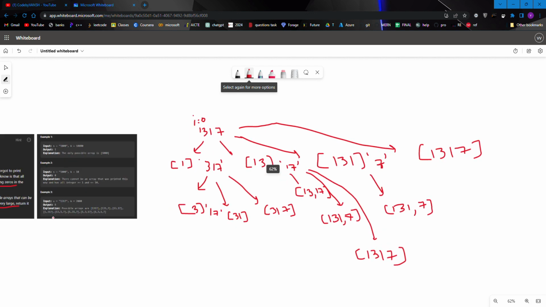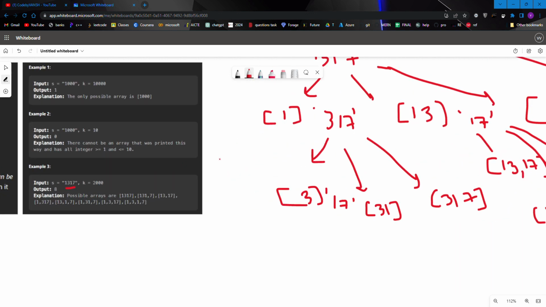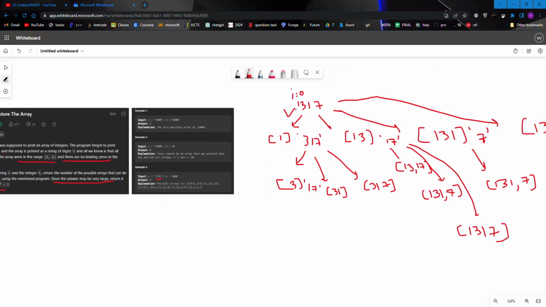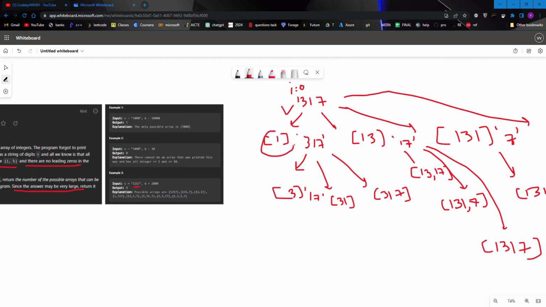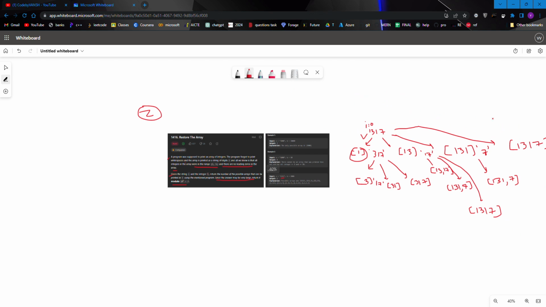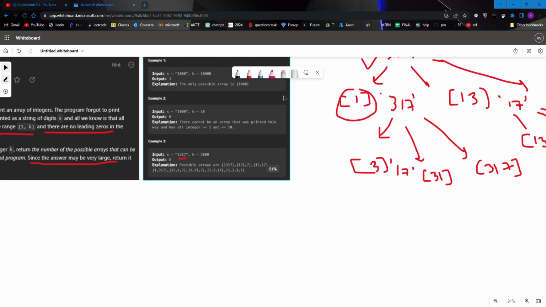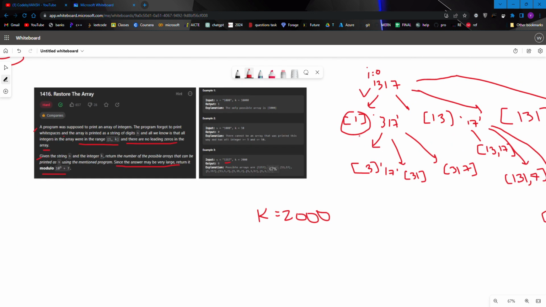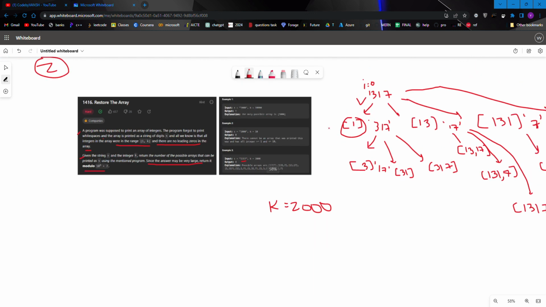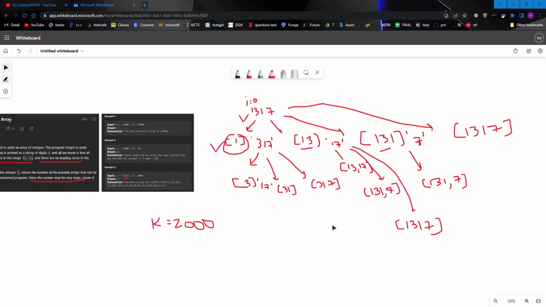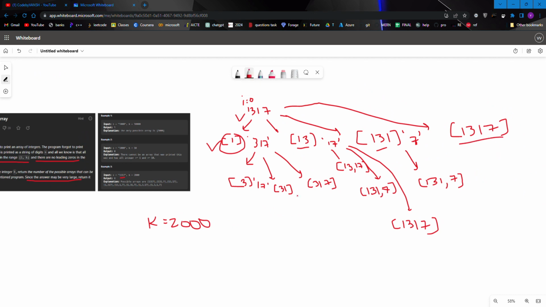If you look at the test case, we are given 1317, so we will break it down in such a way that first we get 1 in our array, then 13, then 131 and 1317. And k is equal to 2000, and all the values in the array should be less than 2000. As you can see, 1 is less than 2000, that's why we are taking it. 13 and 131 are also, as well as 1317 is also less than 2000, that's why we are taking these values.